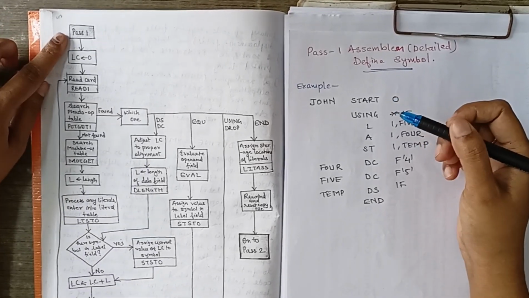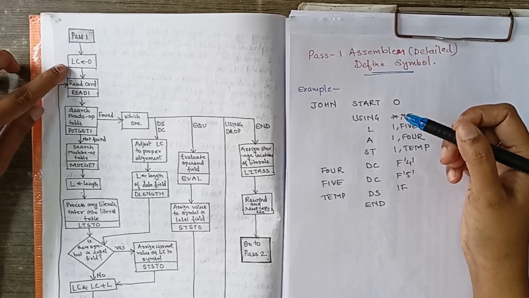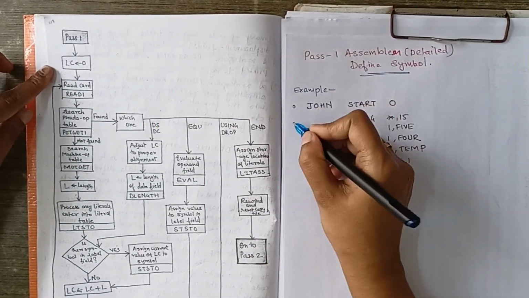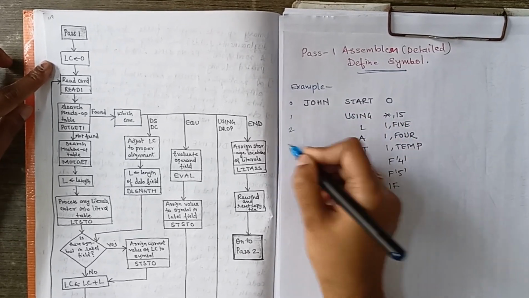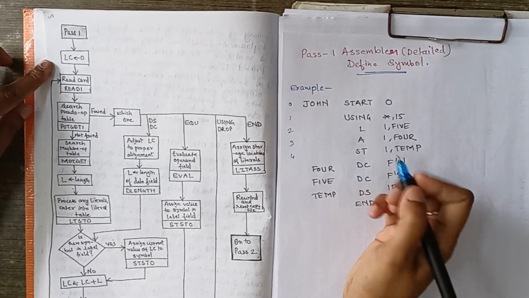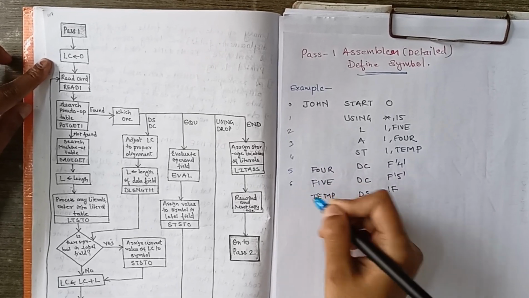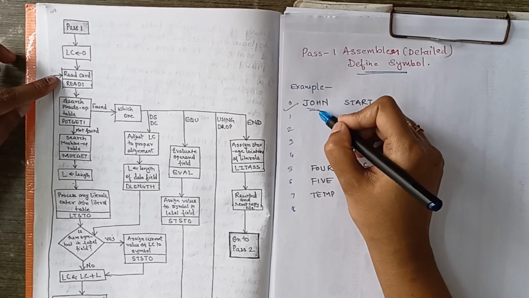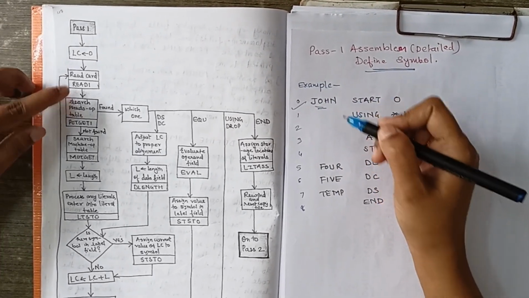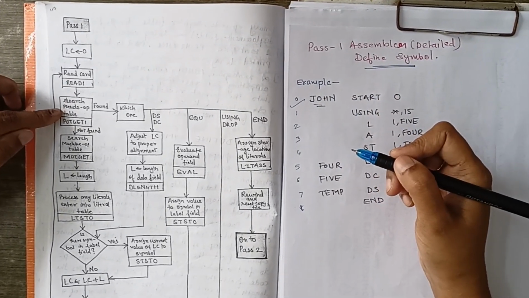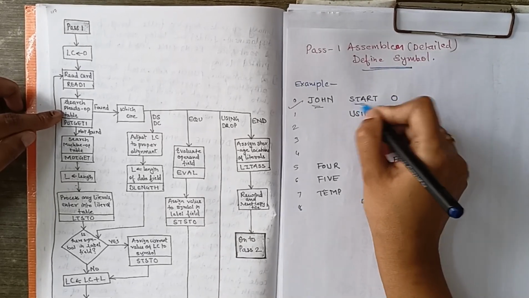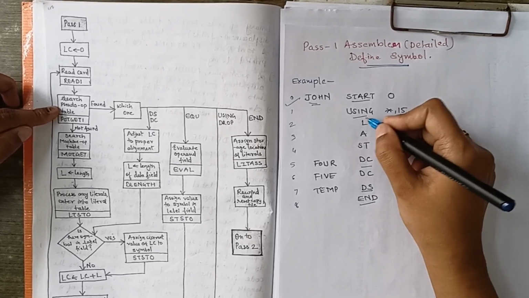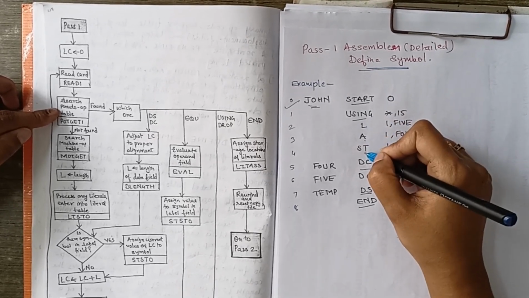Here you can see the pass 1 gets started from here, then we have the location counter 0. We have to provide simply the index to each and every statement, or we can say we provide the location counter to these statements. Each card gets read with the help of the read card, and the next step is the search pseudo. As we already saw, START, USING, DC, DS and EQU are the pseudo ops, and the remaining L, A, ST are the machine codes.